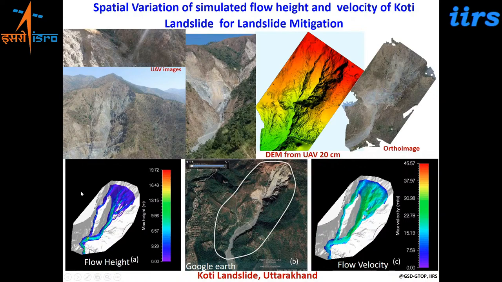So for this kind of analysis, where we have very, very high resolution detailed slope maps or height information, one can use these models to simulate the speed of the debris if it happens, the flow height and velocity, and the spread of the debris, to see which areas will be affected. So if it happens, one can take remedial measures for these areas, and one can inform people and save human lives and property in those cases.